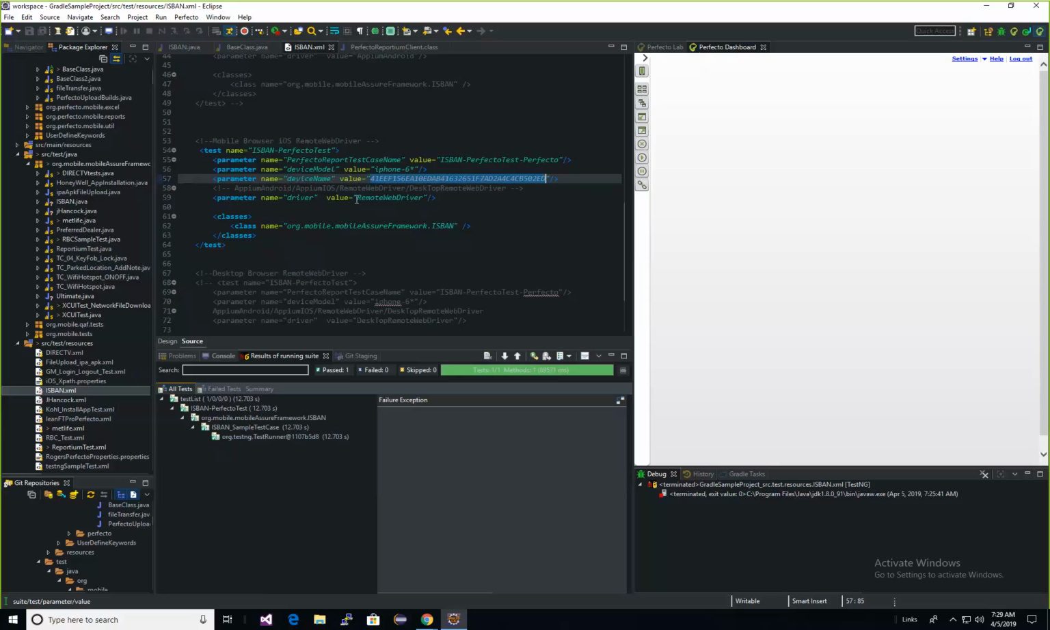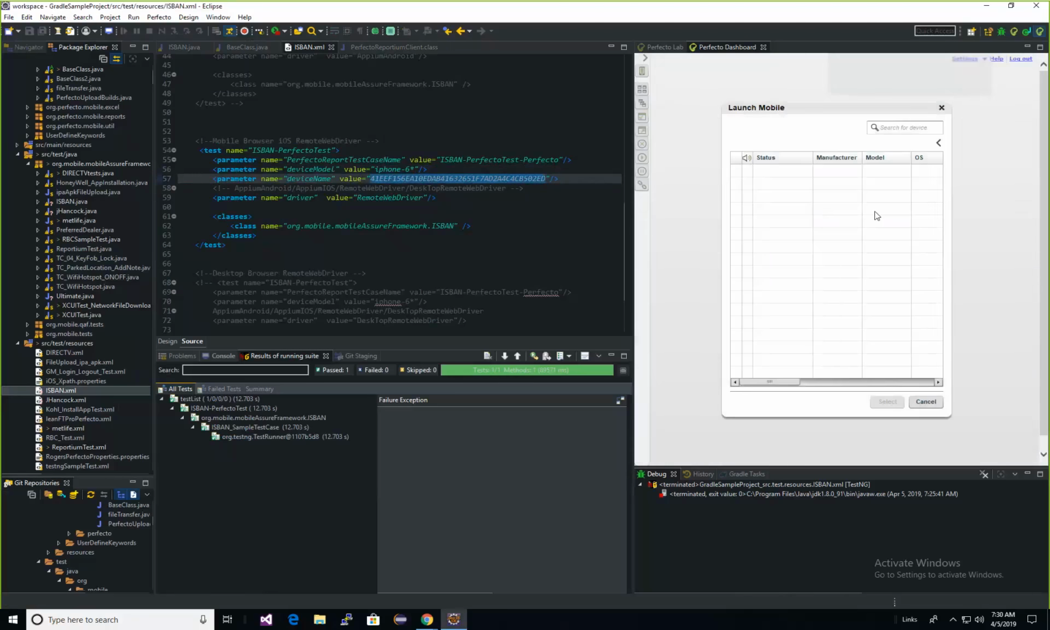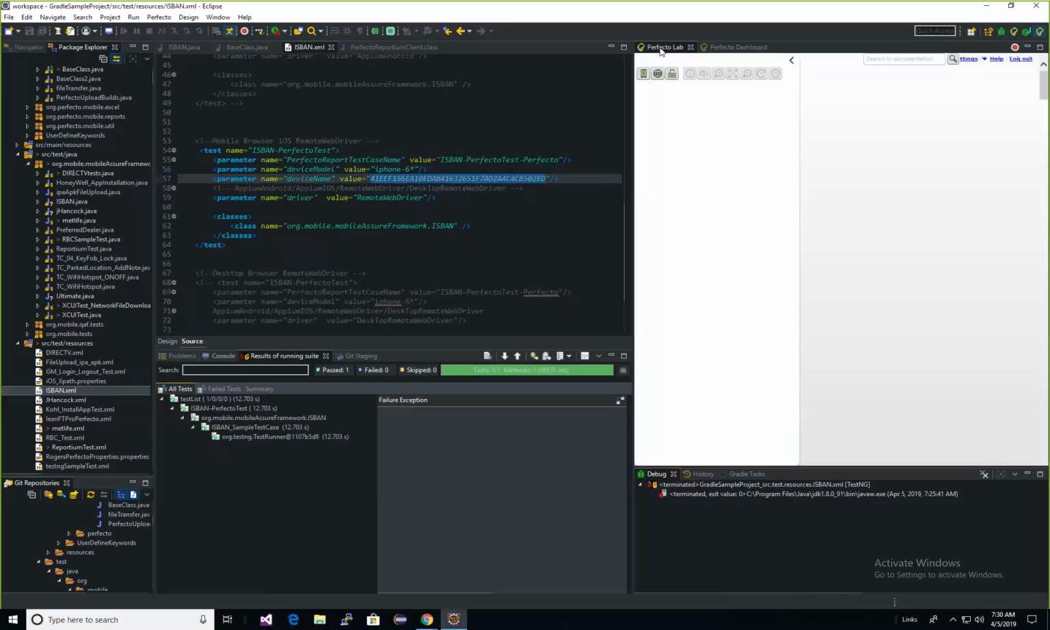Now, this is highly configurable. Again, you can change a lot of the stuff, how it's set up. It's just something that I've done for our demo purposes. One of the things you can also change is, right now I'm passing in a specific device ID. If you go to the cloud, the Perfecto cloud, let me just close this for a second. Let's go to the